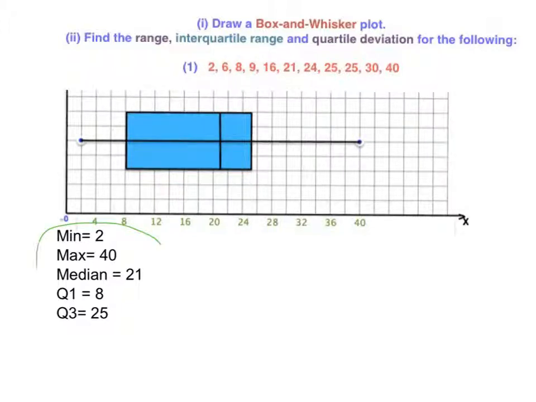We can plot the values that we obtained previously onto a graph paper. For example, the minimum value is here, is 2, and the maximum value is 40. And then we put in the median, which is here, a line, and then 8 for Q1, and then Q3 is 25. This particular box here, this is the interquartile range, the length of this box. This particular representation is called box and whisker plot, and it helps us to see graphically how the data is